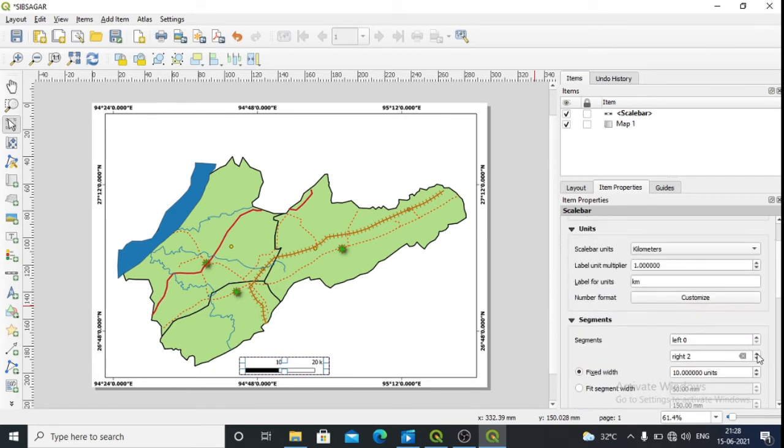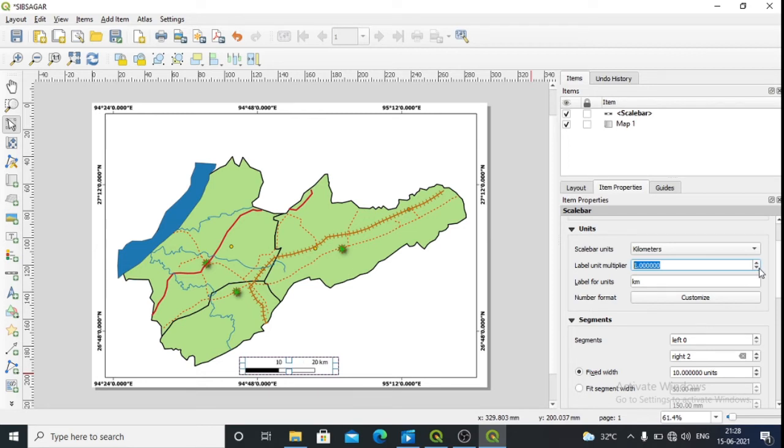In how many segments you want, if you want to increase the segments, you can go here and the segments will be increased. I don't want to increase the segments, 2 is okay, because we have to add the index also. In what interval do you want, 5-kilometer interval or 3-kilometer interval?